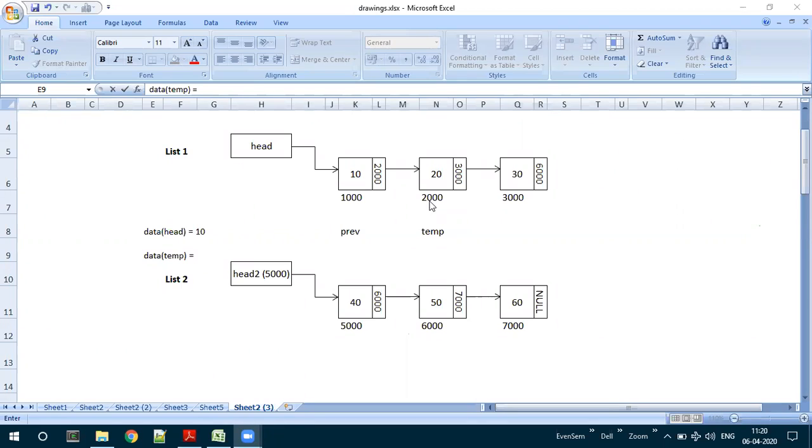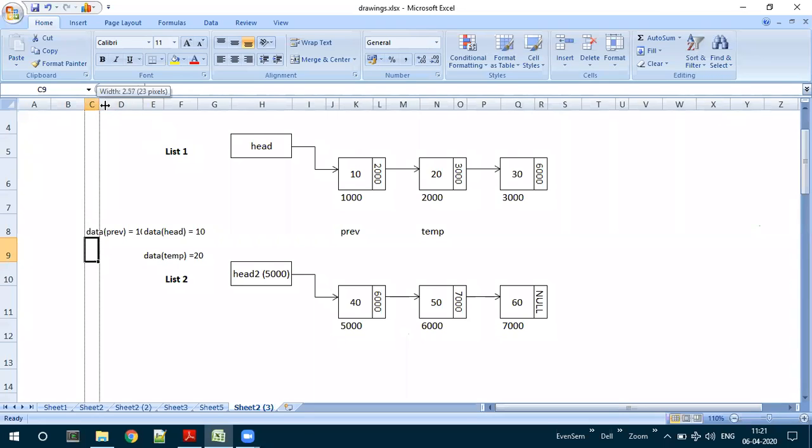So data of 2000 is 20. In the same way, if I write data of previous, what is the data of previous here? 10. Data of previous is 10. Is that understood? Yes, sir.